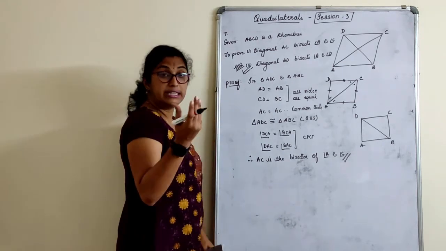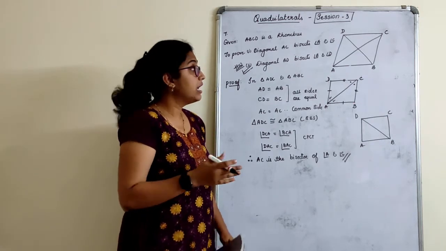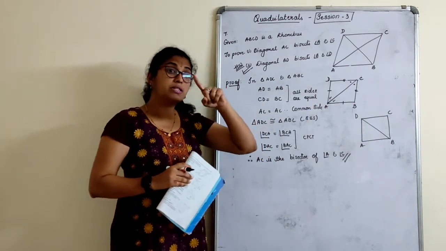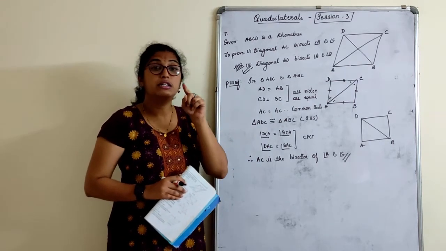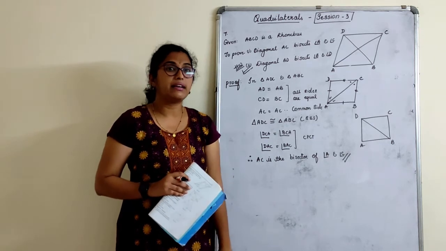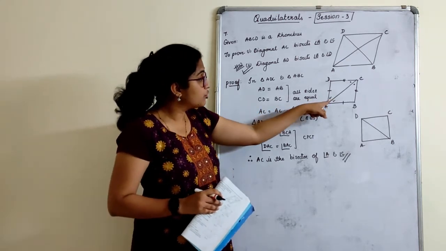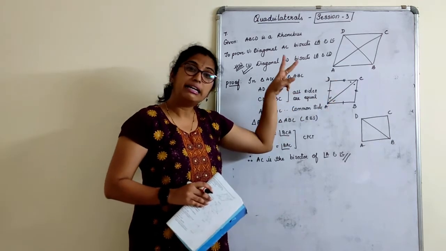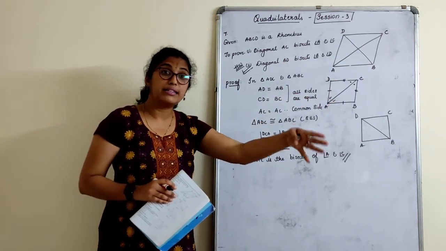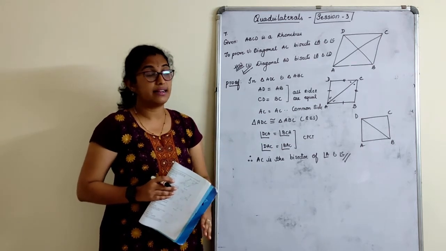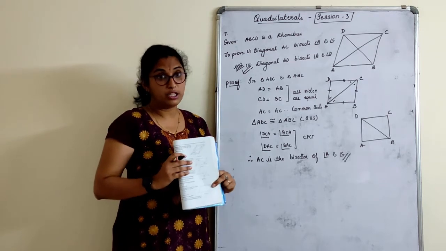Actually, in 8th standard, if you have constructed a rhombus, that also comes in one of the angle properties of the rhombus. The diagonals of the rhombus bisect the angles. That's one of the properties you should know. When we draw the diagonal here, it actually bisects. You will get to know once you construct a rhombus, which you have done in 8th standard. So this is how you prove it. Let's move on to the next question.